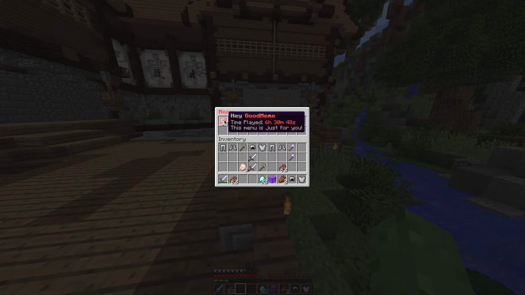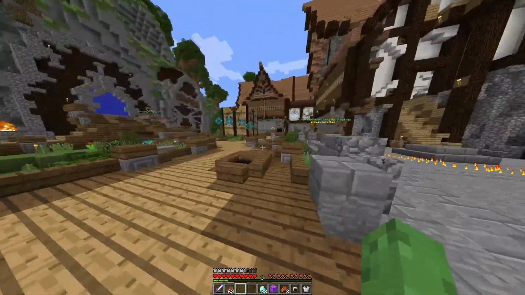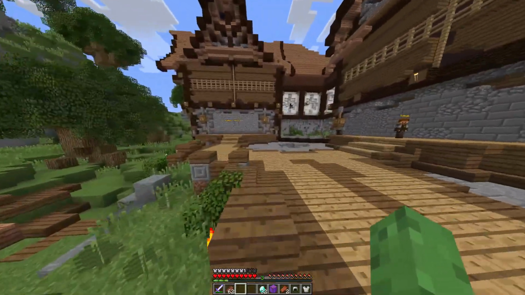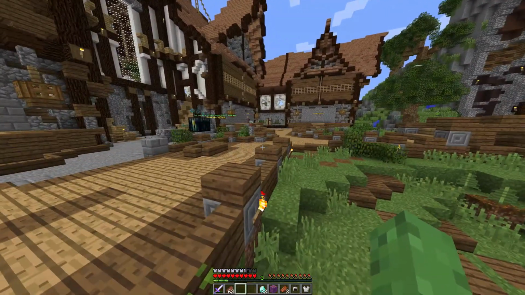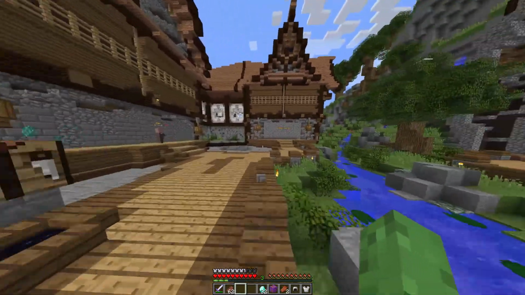So you can update a lot of stuff. You can update balances, player statistics, anything, any stat that he has on placeholder you can use. And might I mention, this developer is very active and is very open to new ideas. So if you got a plugin that you like placeholders for, you can ask him about it. Or if you've got an idea for deluxe menus, you can ask him about it, and he'll